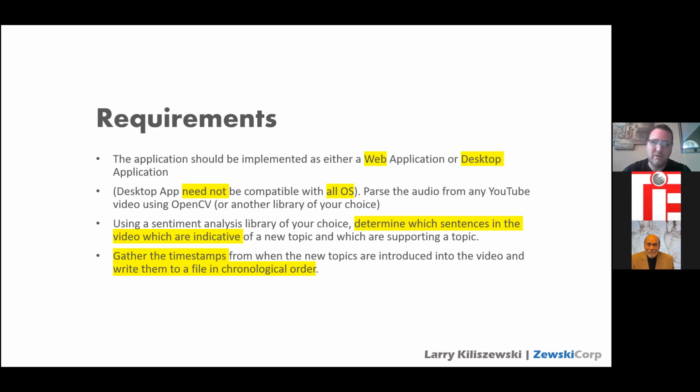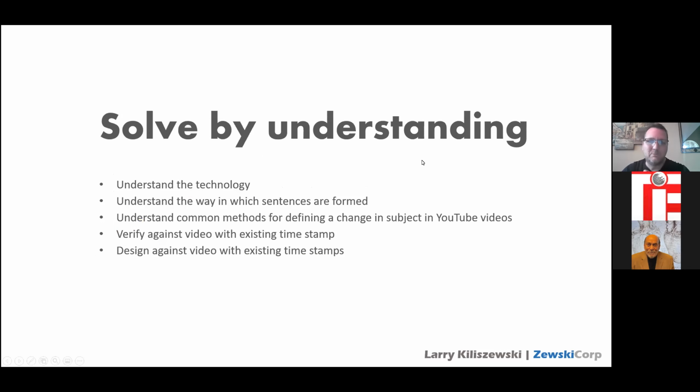So what we would do is first we would try to understand the technology. If the students in this case already understand the technology very well, they may be able to do this quickly. But when we're dealing with projects in our work, every single product we do has never been done before. So for us, we have to constantly look at technologies and understand them before we can start a project. So just some examples of that would be,